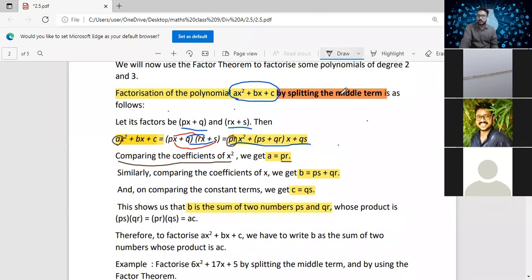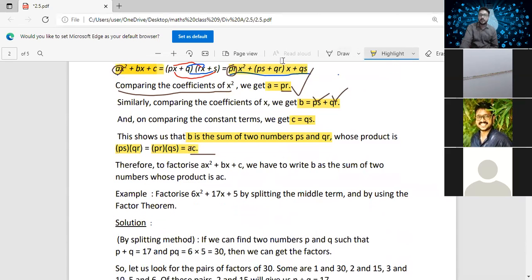Again, suppose we are multiplying these two numbers, PS and QR. Look here. We are multiplying PS and QR. We are writing P and R together, Q and S together. So what does it mean? What is PR? PR is A. So instead of PR, we can write A, and instead of QS, we can write C. So what we have just found out is that in order to